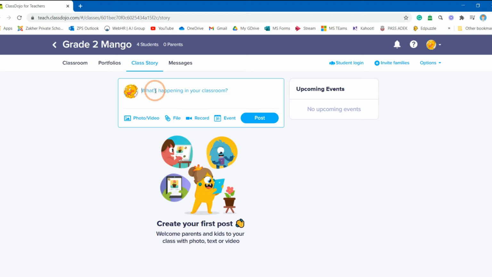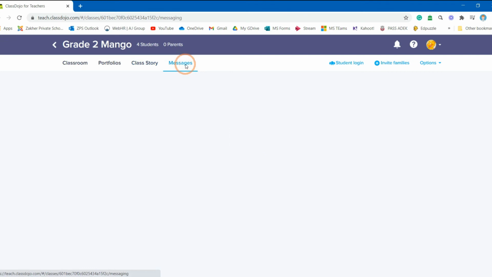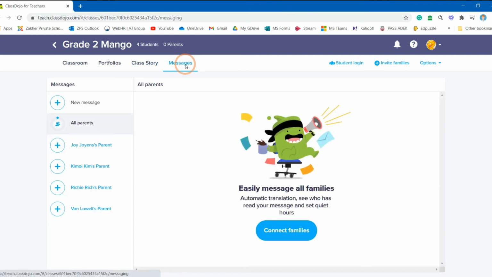Okay, if you have something for them to be performing, for example, they have to perform some exercise, then they have to follow some video. Okay, so you can use it here, class story, then you can post. So that will be, of course, seen by your students. Of course, there are messages. So the messages here,